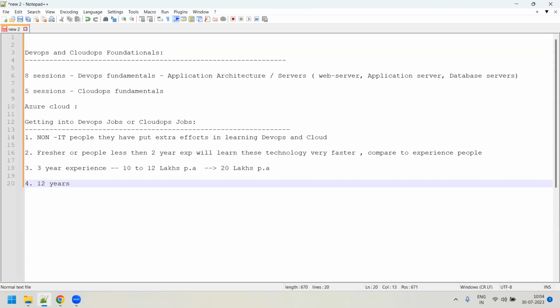Whenever an experienced person with around 10 years of experience is trying for a job, it will be very challenging, because even for him, learning DevOps or cloud will be new. He might be working as a database administrator or engineer, in the Oracle database for more than 10 years. He might be good in all his knowledge and concepts.